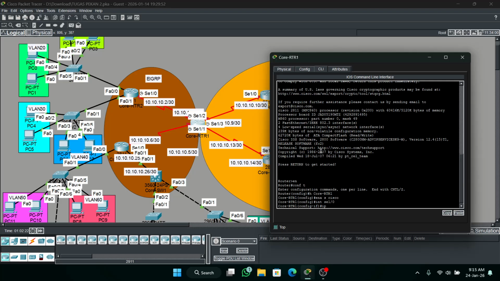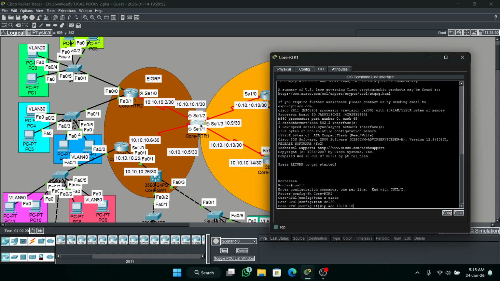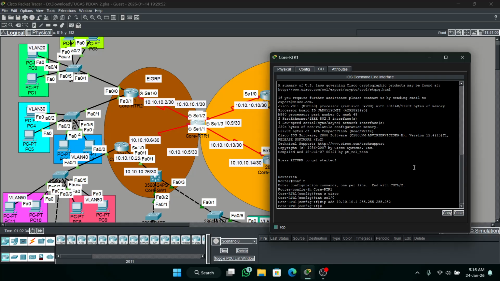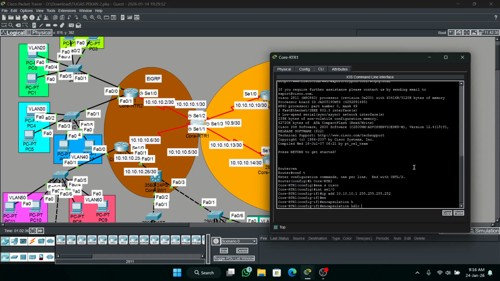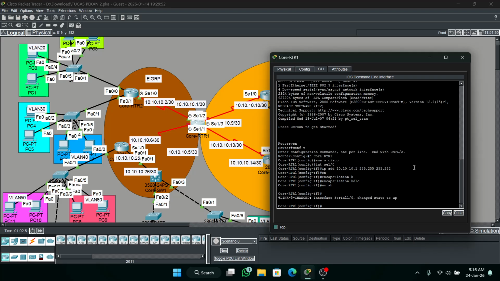Serial 1/0, then IP address 10.10.10.1, 255, then encapsulation HDLC. Okay, and here you do not configure clock rate because it is a DTE port. No shutdown. Okay, you can see the state changed to up like this.